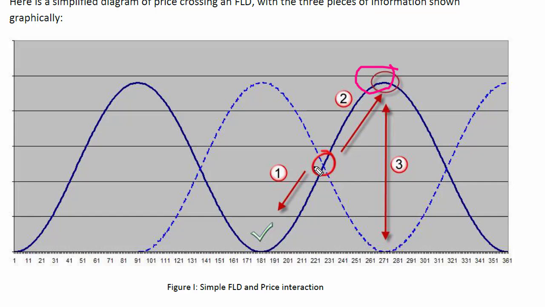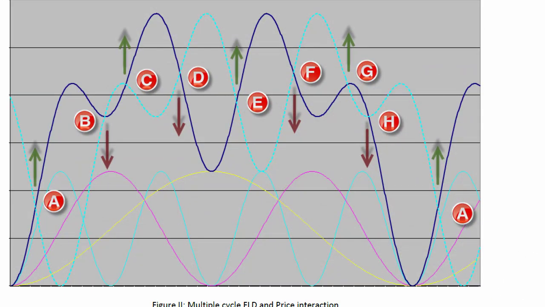However, I also noticed that there were as many occasions when price would touch the FLD or maybe slightly cross it, and then it would simply reverse direction and do exactly the opposite of what could be expected. I started asking myself why this was. How was it that sometimes you would get golden crosses and at other times you would get leaden crosses and everything would go wrong? I spent a lot of time thinking about this and trying to work out why it was. And I discovered that the reason